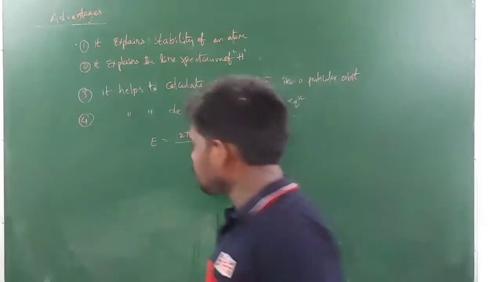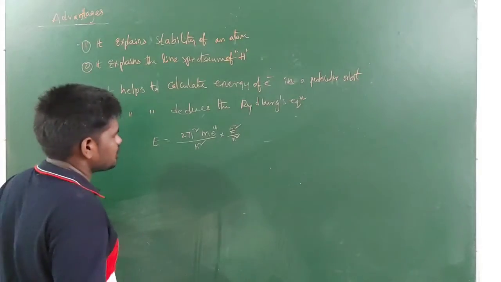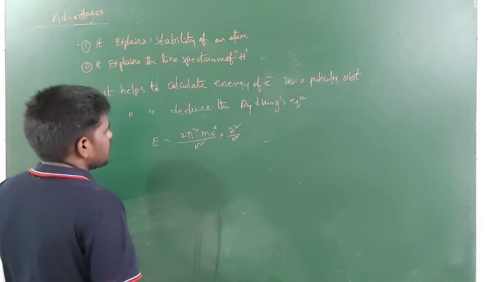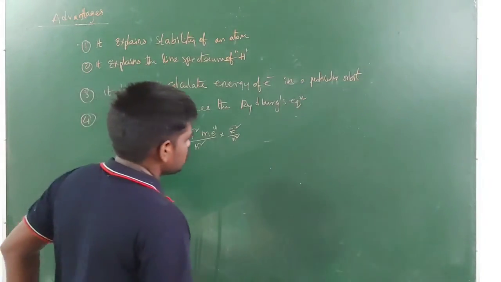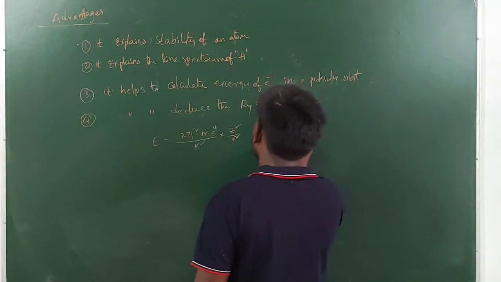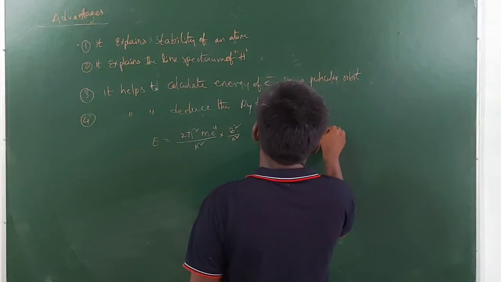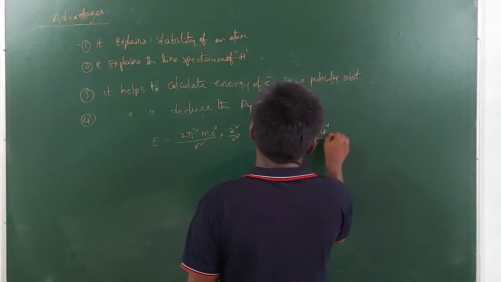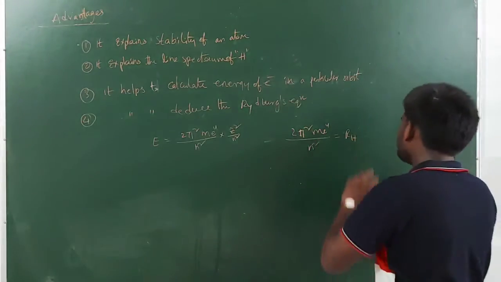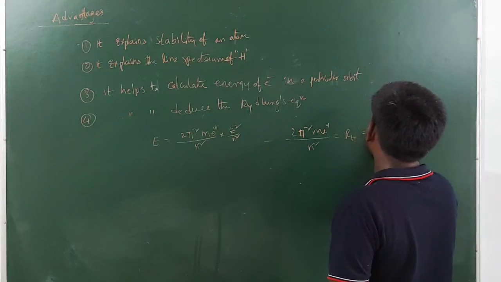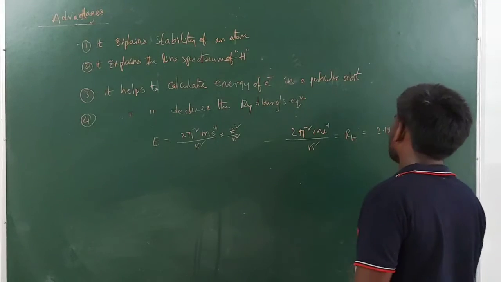So now let us see how we can deduce the Rydberg equation from the Bohr's concept. Okay. So now, guys, these all are the constant terms in the energy equation. Let me take them as 2 pi square m e power 4 by h square. Let me take this one as RH. The exact value also let me write, that is 2.18 into 10 power minus 18 joules.